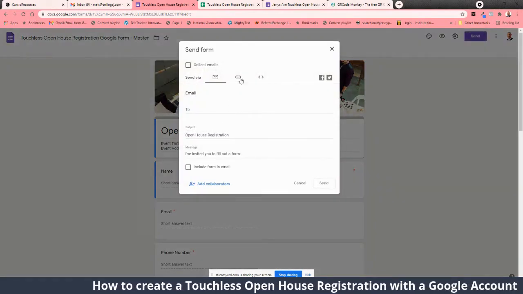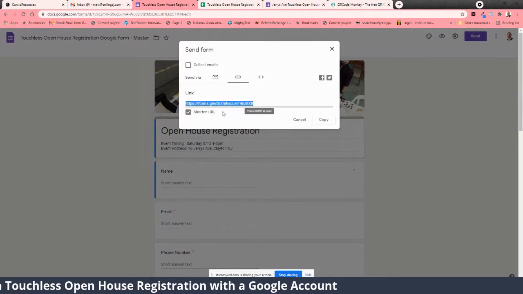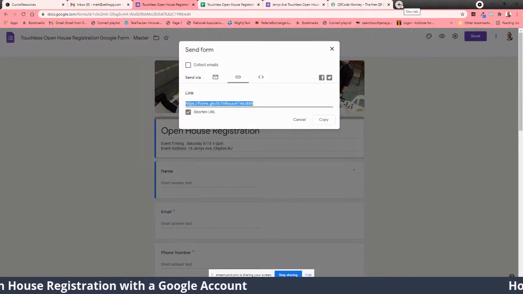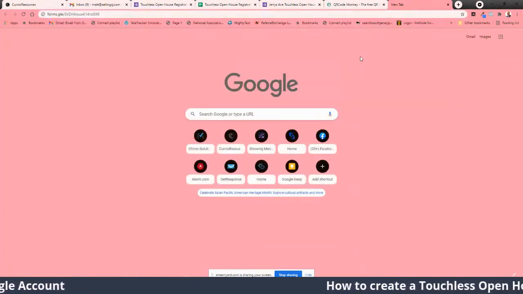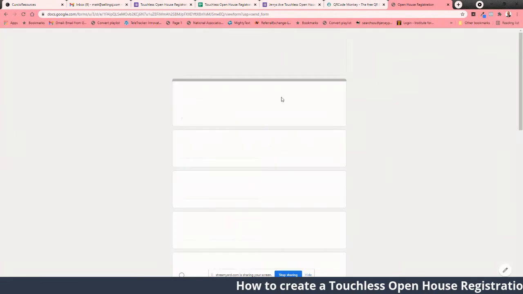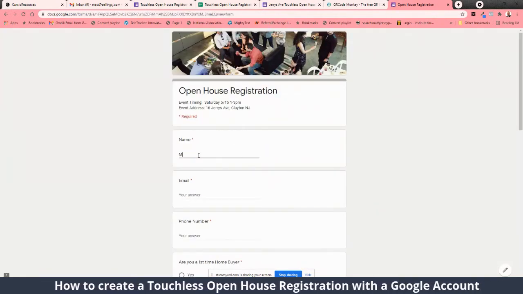This is how you share it. You grab the link. You can grab the shorter link. And then give it away at the open house. I'm going to show you how to make a QR code so you don't have to send links to anybody or anything like that. But in general,